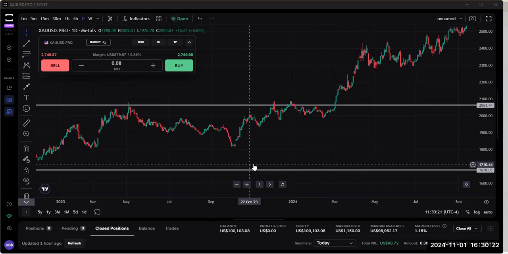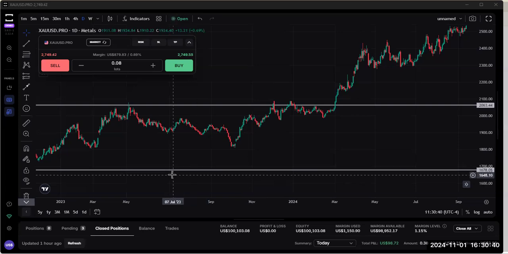I said a support area would be an area where whenever price got to, the price didn't continue to decline. It didn't continue to sink. It got to that point and it stopped. So it's usually good to identify your support and your resistance. Now, your resistance is an area that, as price began to ascend,